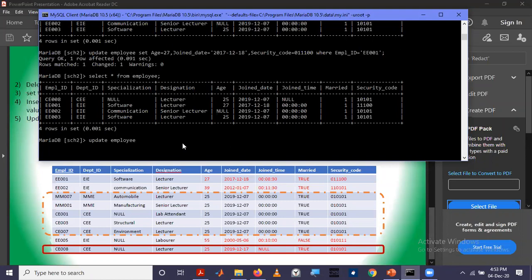Update employee, set age 39, join date this one, and here we have to change the join time.